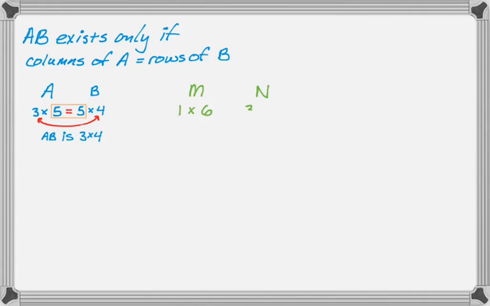So if we look at another one. If M is 1 by 6, so 1 row, 6 columns, and N is 3 by 1, so 3 rows and 1 column, you actually cannot multiply these matrices M times N. But